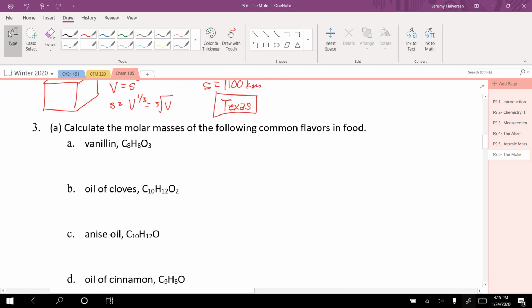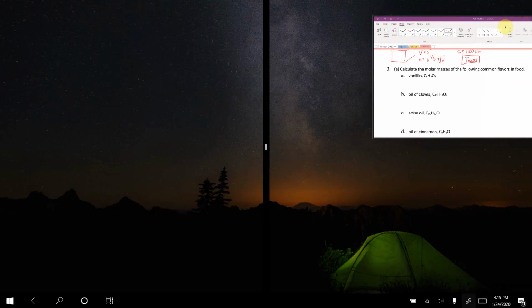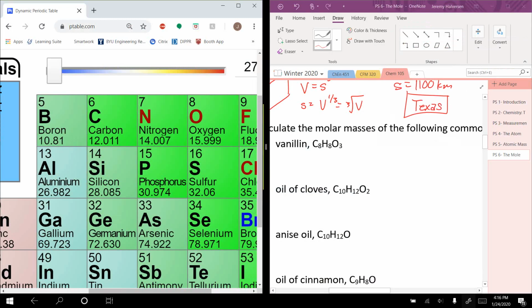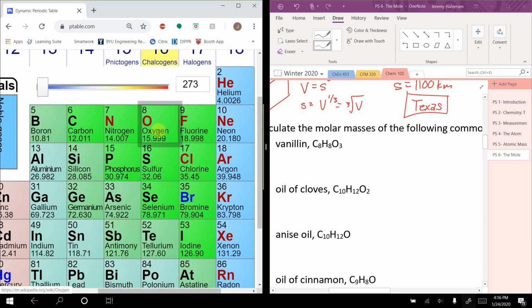All right, calculate the molar masses of the following common flavors in food. So these are just different molecules with their elements there. So if I want to calculate the molar mass, all I have to do is add up all the molar masses of all the atoms. So I've got 8 carbons plus 8 hydrogens plus 3 oxygens. And that's going to give me